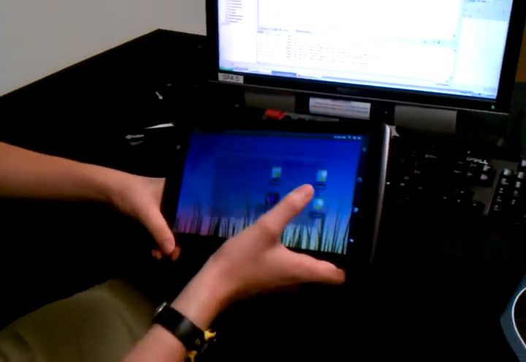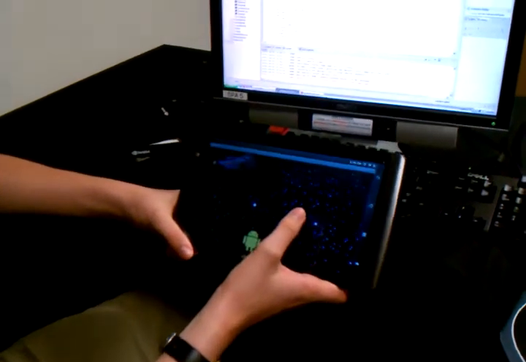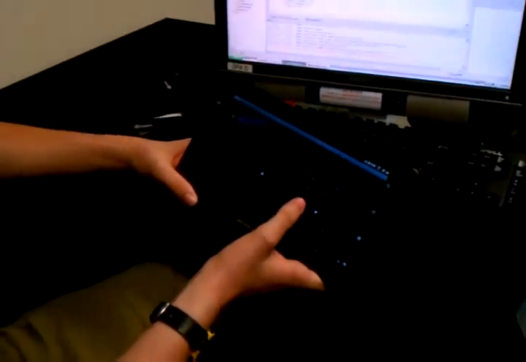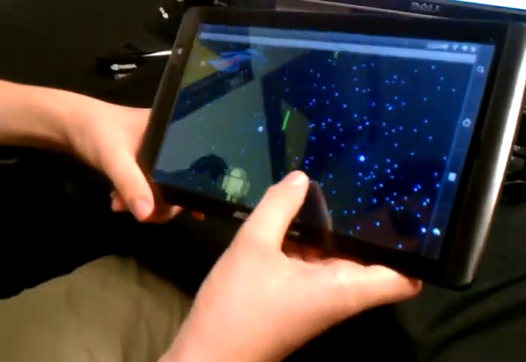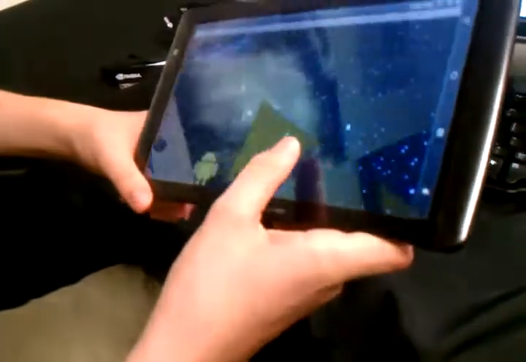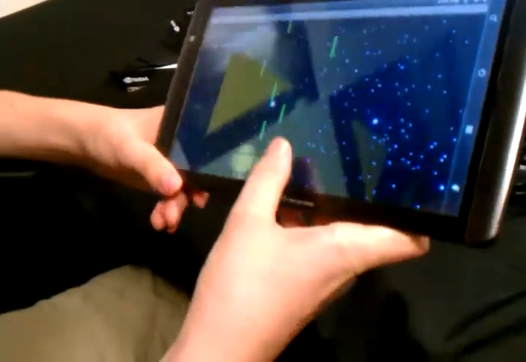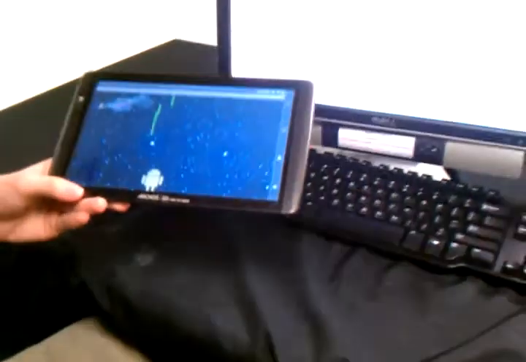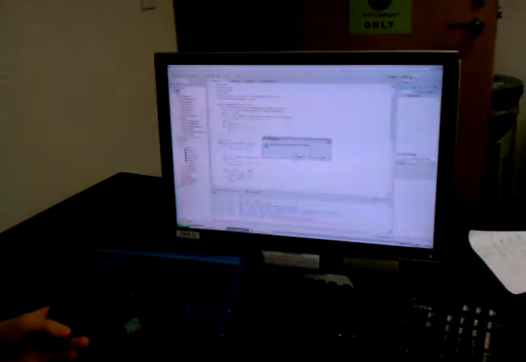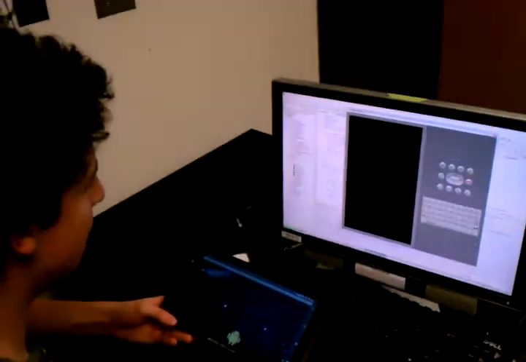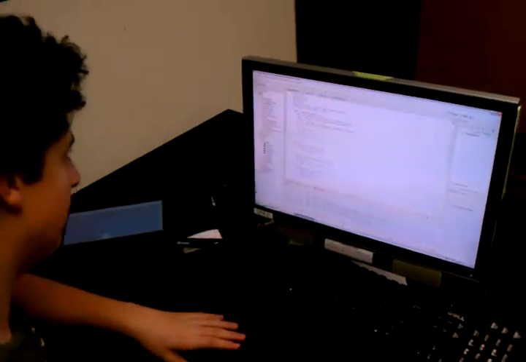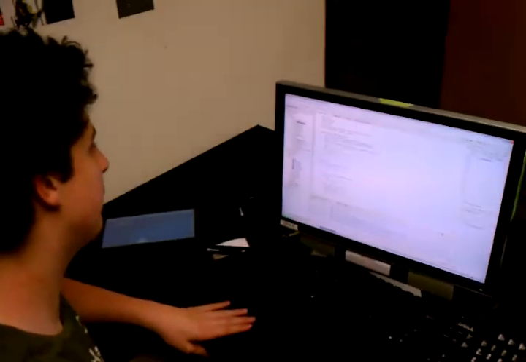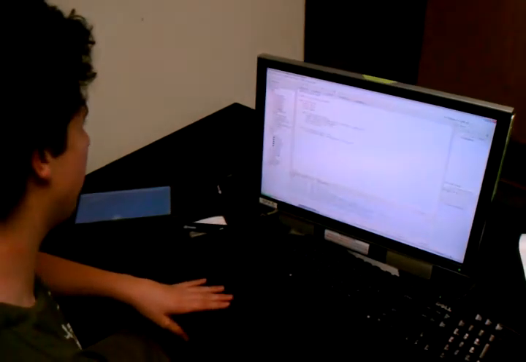More recently, I've been working on a game. I've been doing the last bit of the game inside the emulator, so this is not the newest version of the game, which is why there's that bug. However, this will be the newest image of the game. And by the way, this is based off of